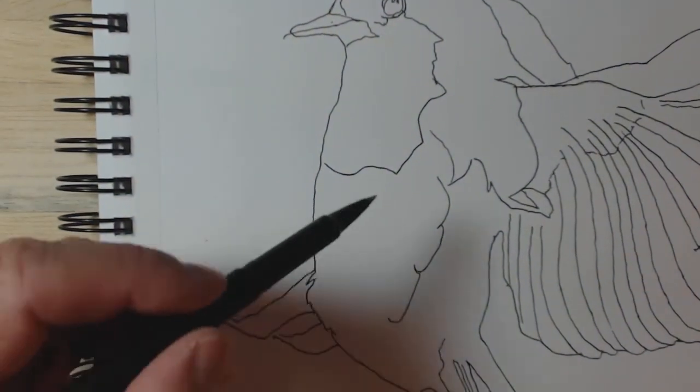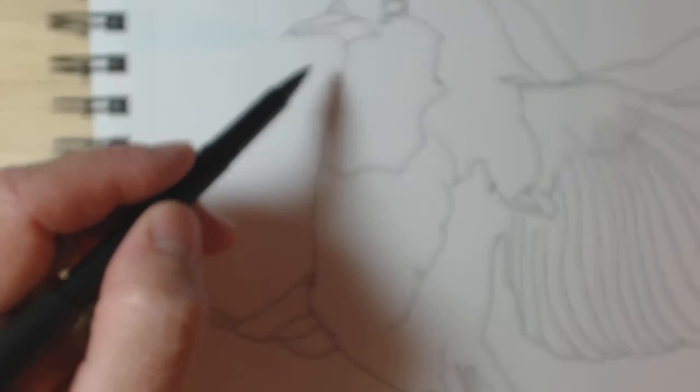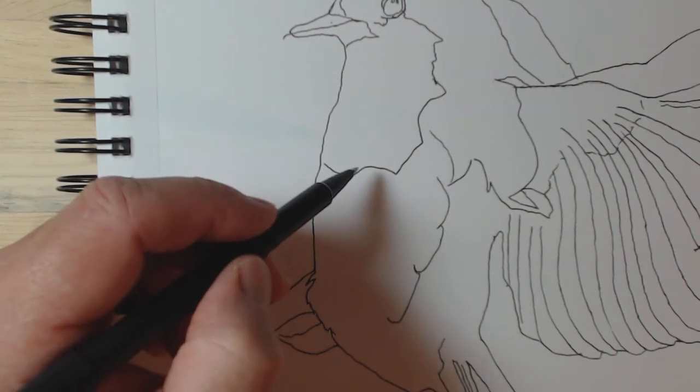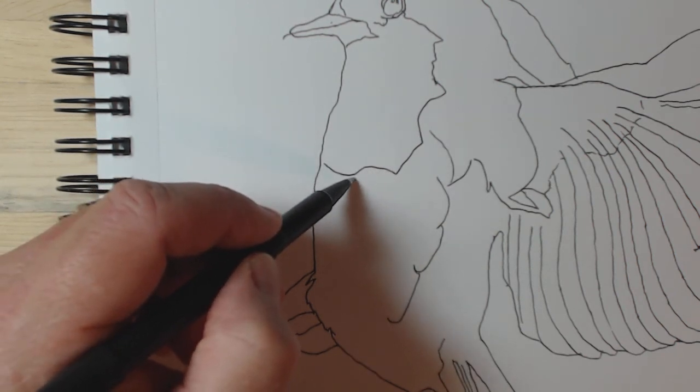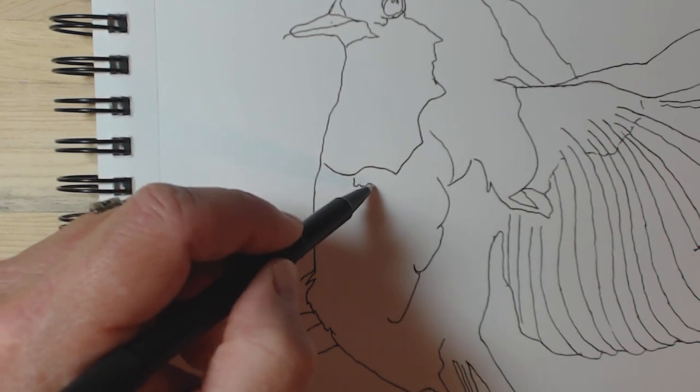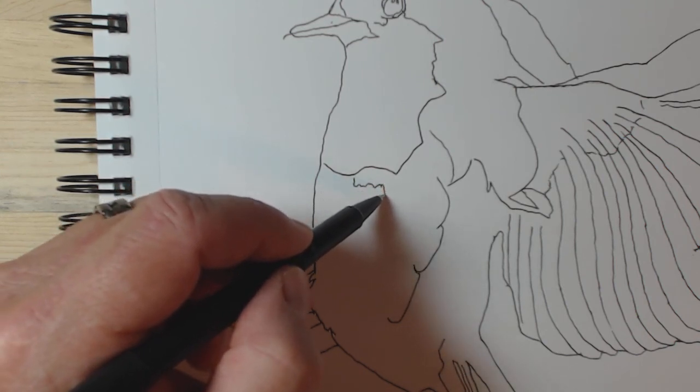So we're going to go right under here. This is a little too big area. This area probably should have ended up here, but for this drawing, we're just going to leave it where it's at. I kind of like it anyway. So I'm going to come down, and I'm going to come up to the left. It's kind of jaggedy,